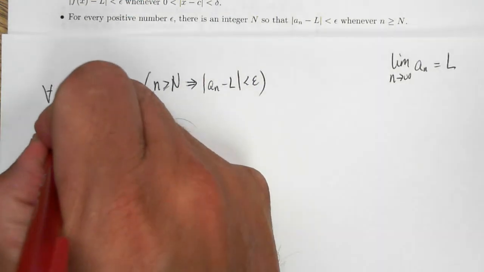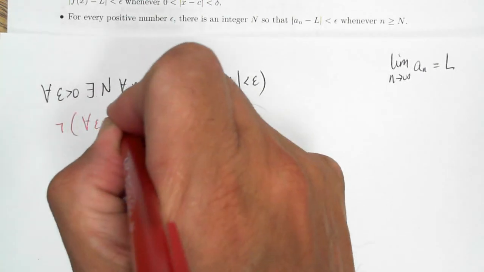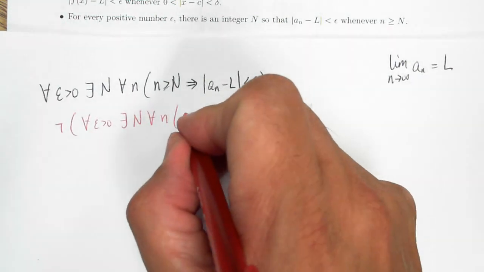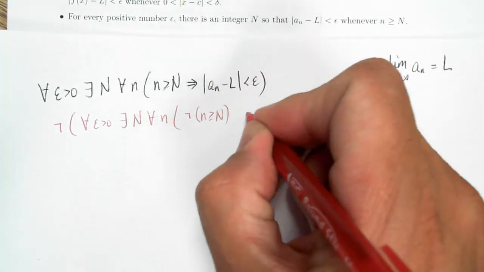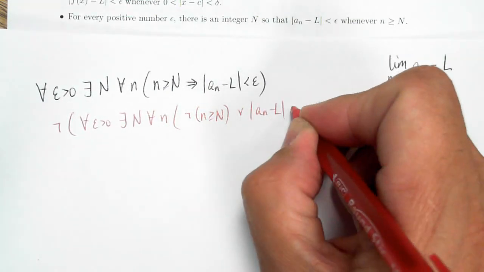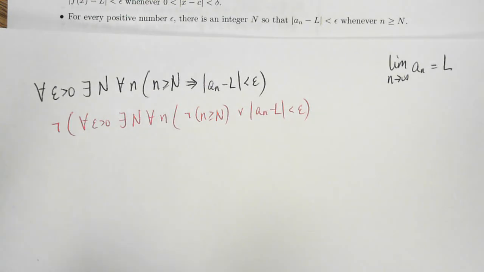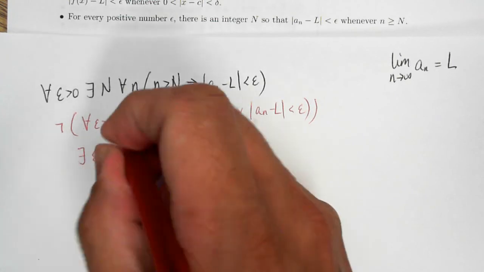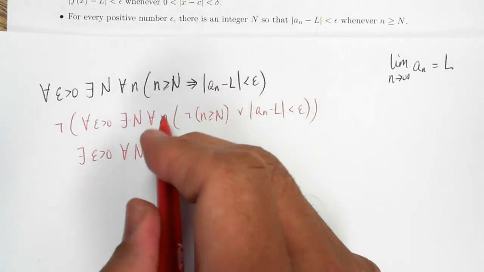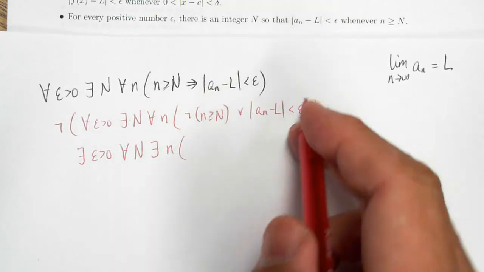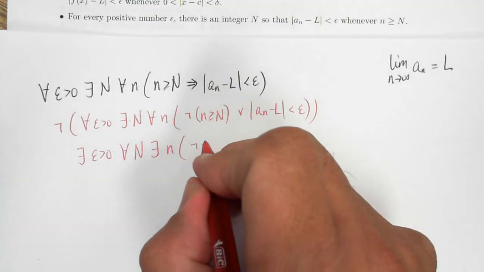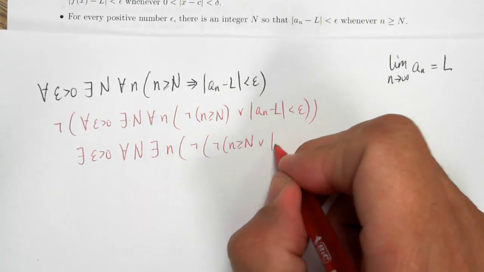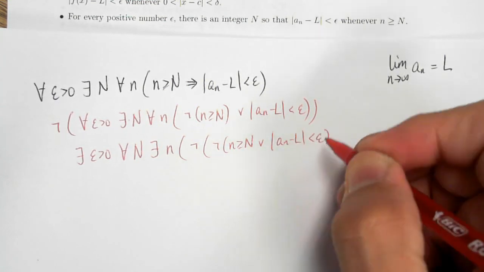To find the negation, I'll switch to red. For every epsilon greater than 0, there exists a capital N such that for every little n, now I'll write this in not P or Q form, not the first or the second. Okay, so then applying the negation, the for every becomes a there exists an epsilon greater than 0. The there exists becomes a for every capital N. There exists an n such that the negation of this holds. So the negation of n greater or equal to N, or |a_n - L| < epsilon,